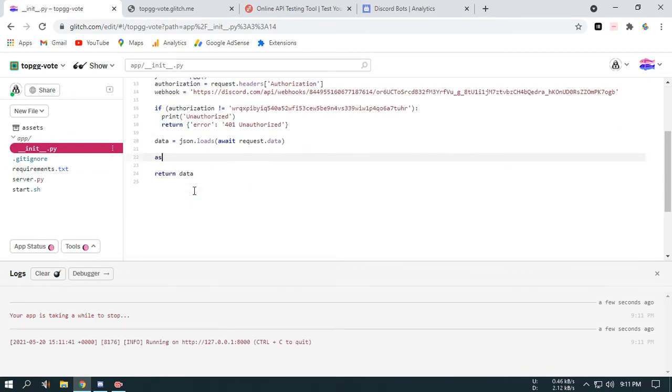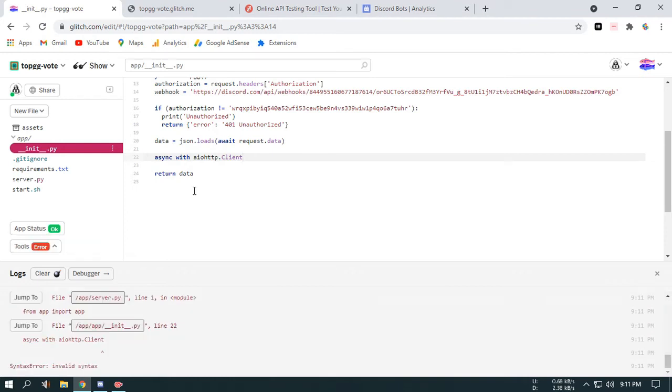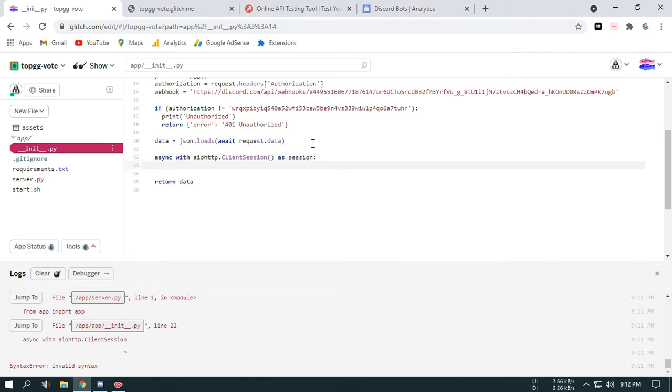Now what we will have to do is async with aiohttp.ClientSession as session. No, async with session.post,